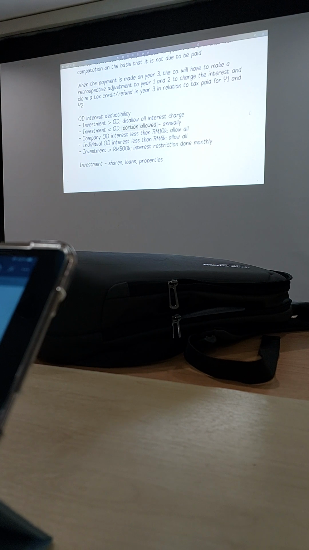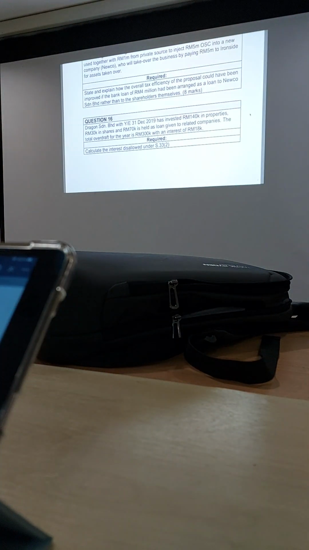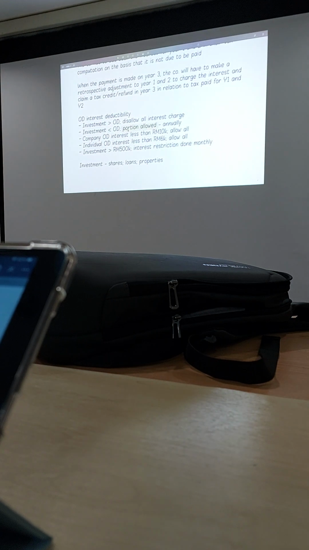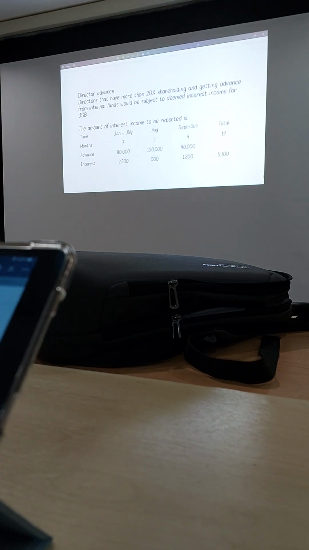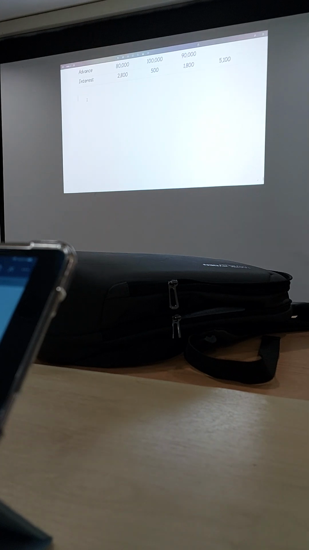How? 14.4, then divide by 300. Why do you have to multiply and divide by 300? Because overdraft is 300,000. The interest 18k relates to 300,000. The 240 you already used for investment, so the balance only allowed is 60k. So 240,000 divided by 300 gives 18. So easy, right? You almost got it, but didn't know what to multiply by.